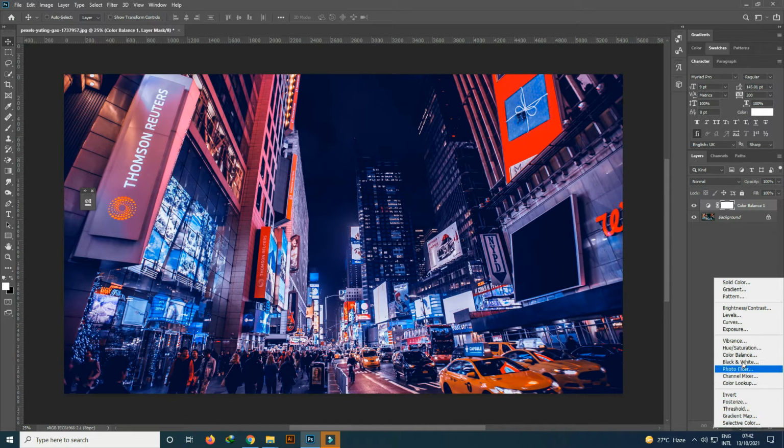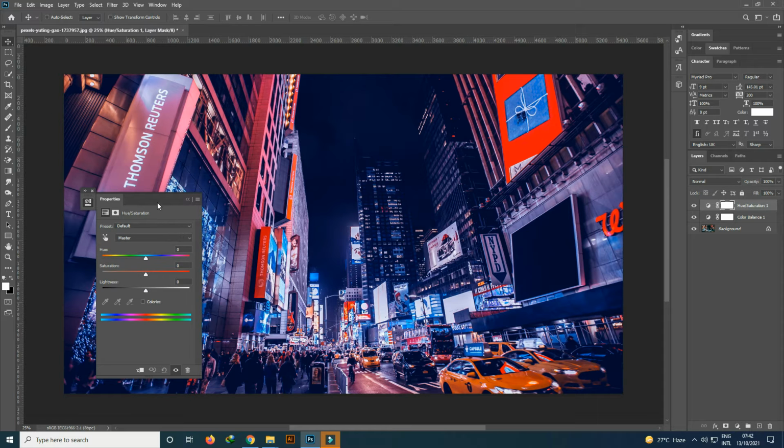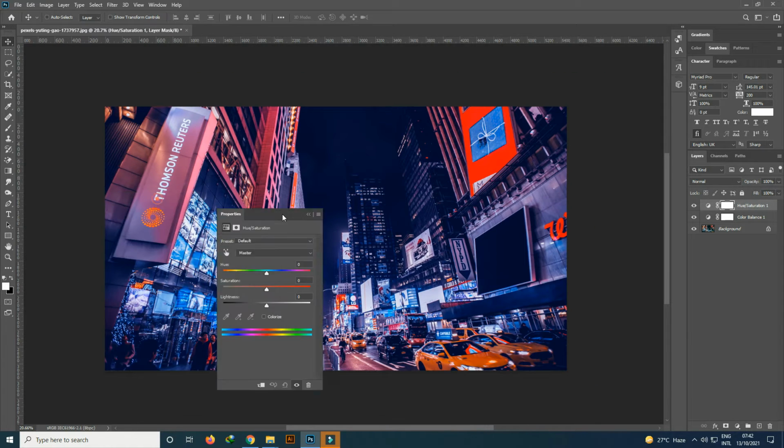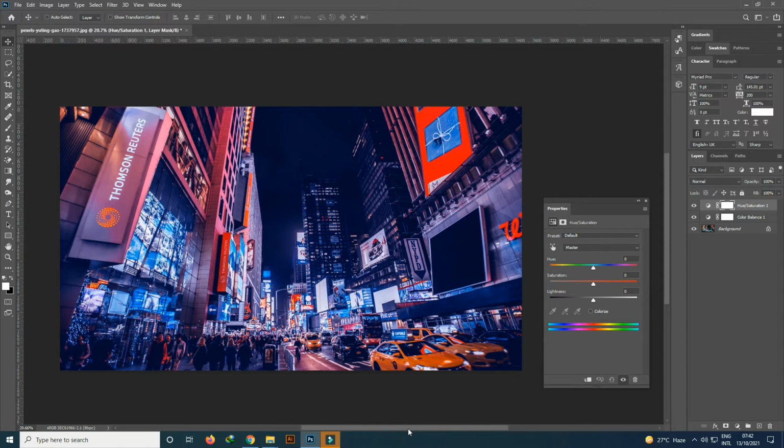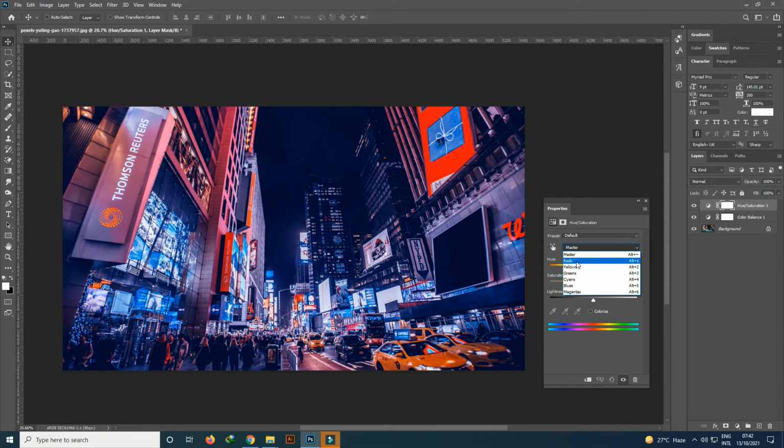Now I will take a hue saturation. For the reds, it is -25, and you can increase the saturation as much as you like. For reds, I will increase the saturation +15. For yellow, it is -111